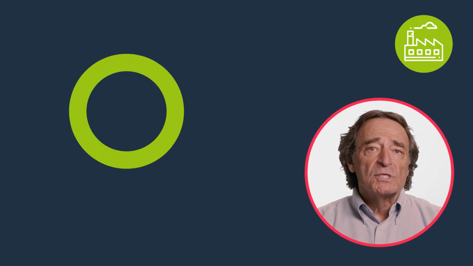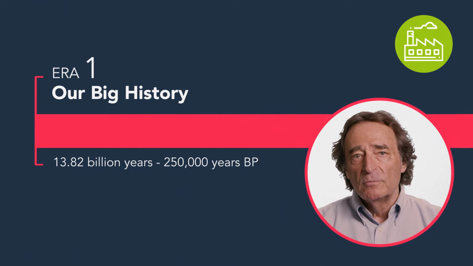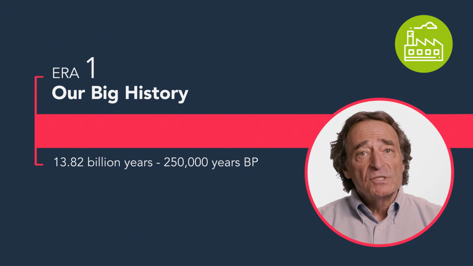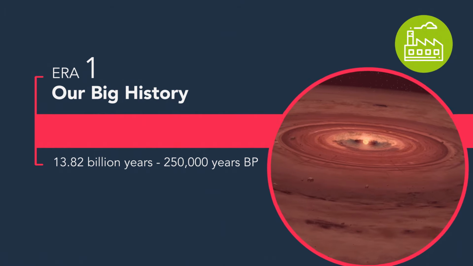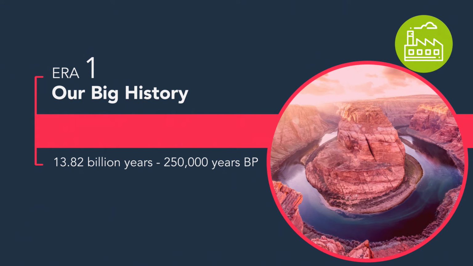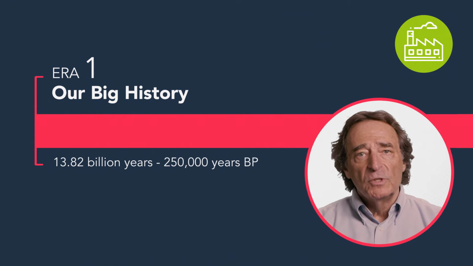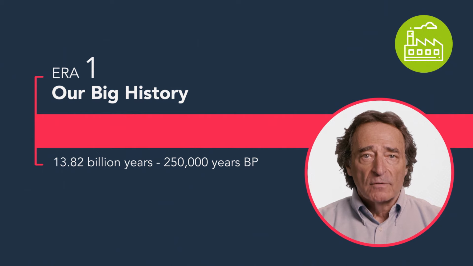Production and distribution was not really a human concern in Era 1, before modern humans evolved. But it was in this era that the materials, elements, and environment we use for production formed. As you'll see, the location of the Earth's sources of energy and natural resources will influence both which goods and services we produce and distribute and how we do this work.